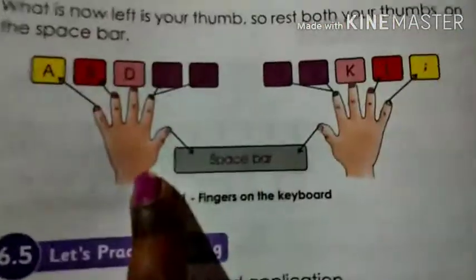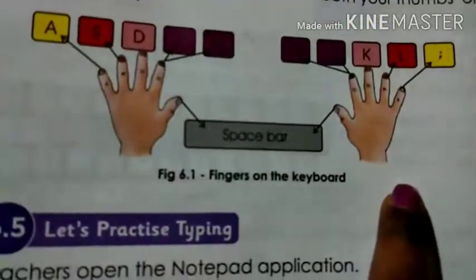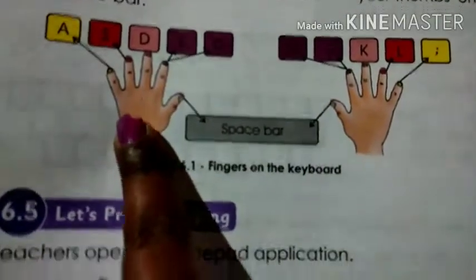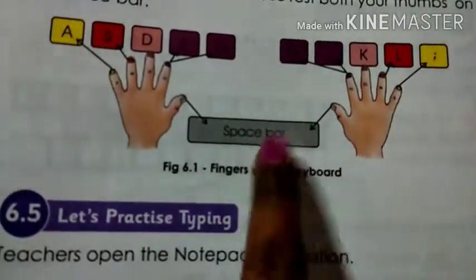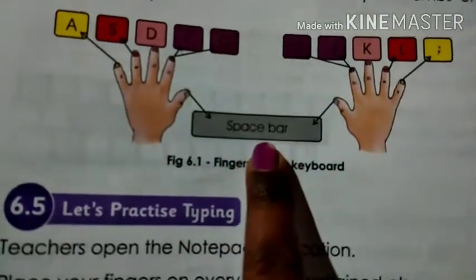Then we learned how the thumbs are useful: both the thumbs, right hand and left hand, are used to give the space between the words.